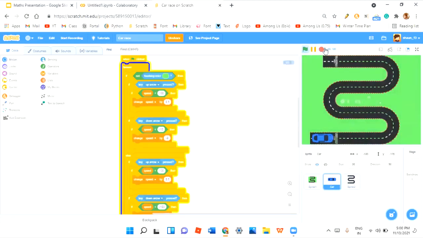Yeah, so first I've made a forever loop, and in the forever loop I've made an if statement. Basically that means if you're not touching the color, like this background color I have made in the background, then